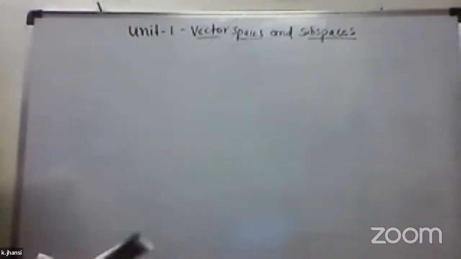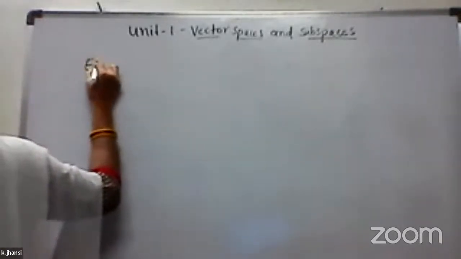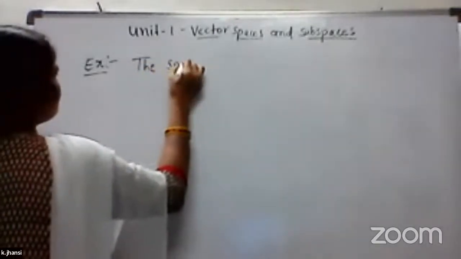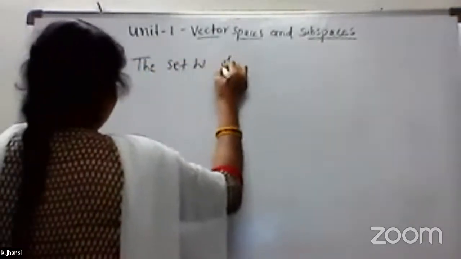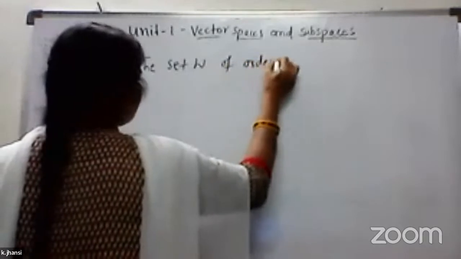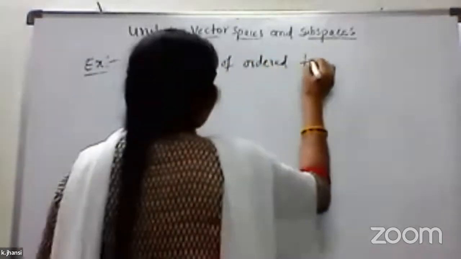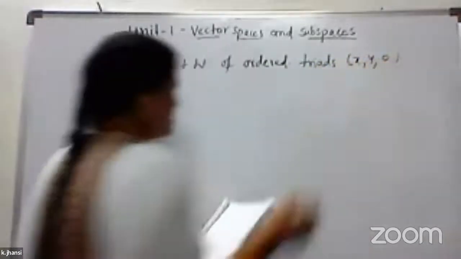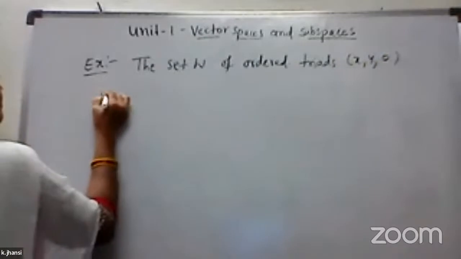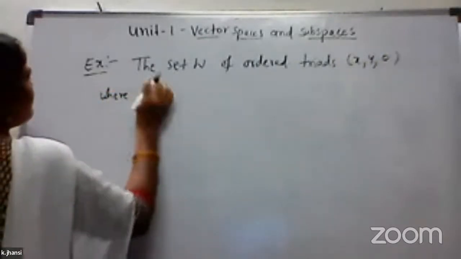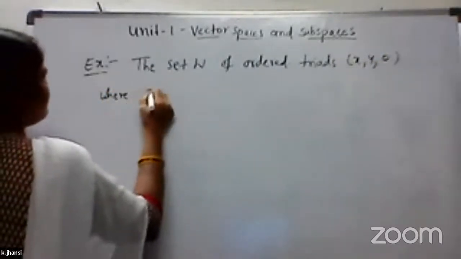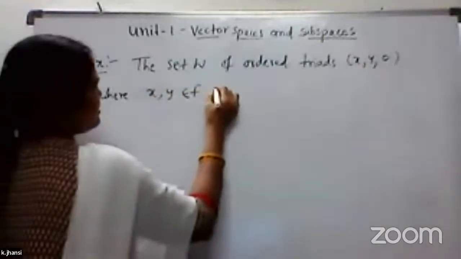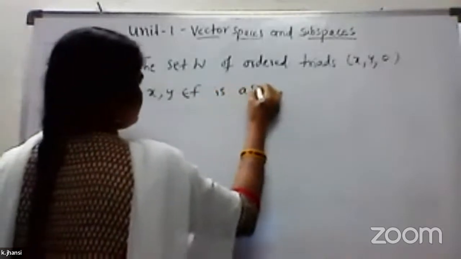So if the question is given like this, take the example of a subspace: the set W of ordered triads of the form (x, y, 0), where x and y belong to the field of scalars, is a subspace of